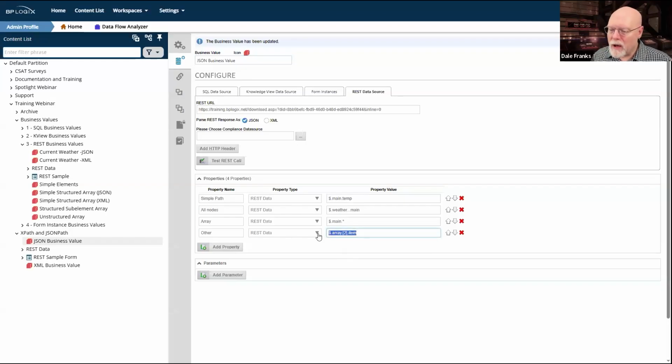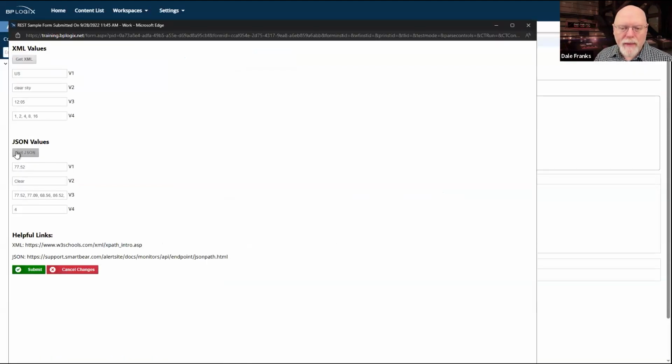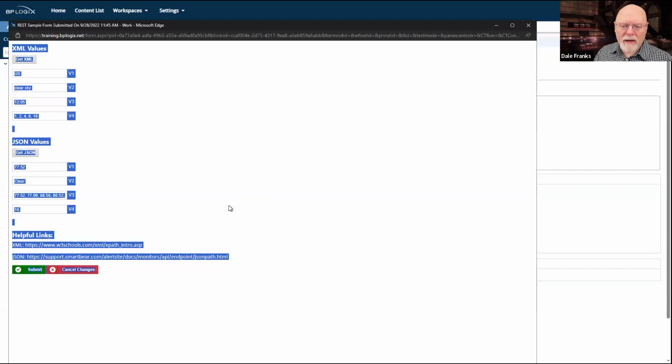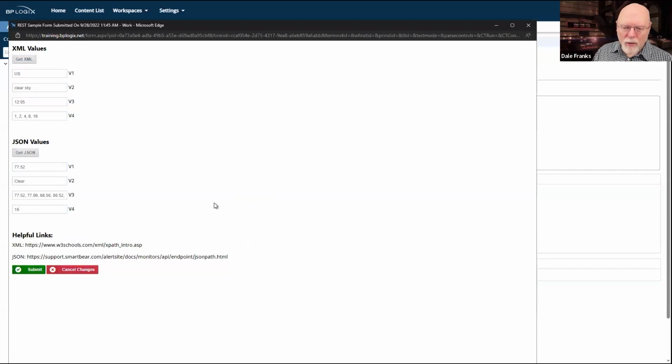So we can go in here, we can erase that, and we can paste in our Array2. So it's $array2 and then 4 in square brackets. So it just says find Array2. Already know that it's an array. Return me index number 4 from Array2. Super simple. It will do that. And I'll hit JSON and it will return 16 in V4.